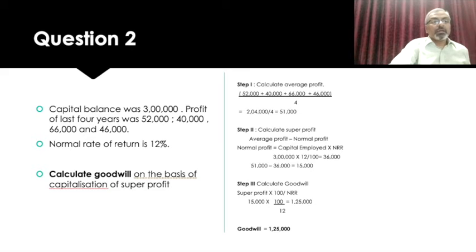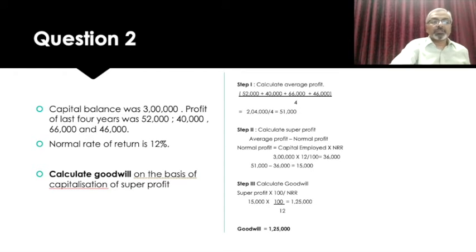Step number 1, calculation of average profit. Why we need to calculate? Because it is not given to us. And how do you calculate it? We do the total of the last 4 years profit, that is 52,000 plus 40,000 plus 66,000 plus 46,000 divided by 4. So 2,04,000 divided by 4 gives us the average profit as 51,000. Step number 1 completed. Step number 2 will calculate the super profit, and we know the formula of super profit,